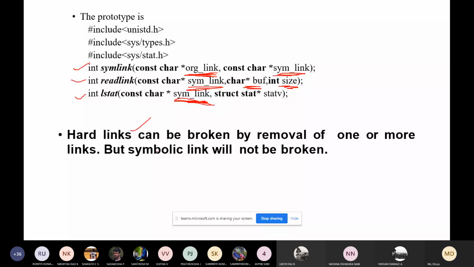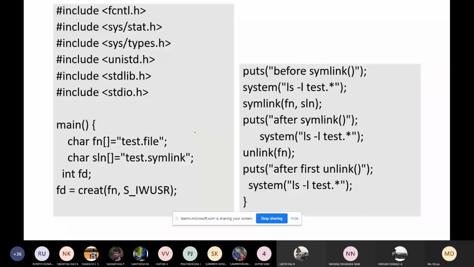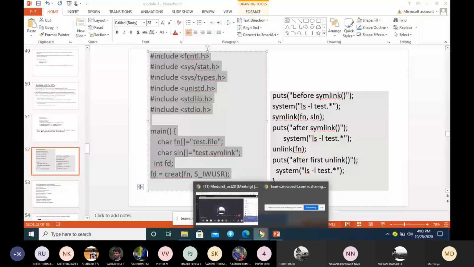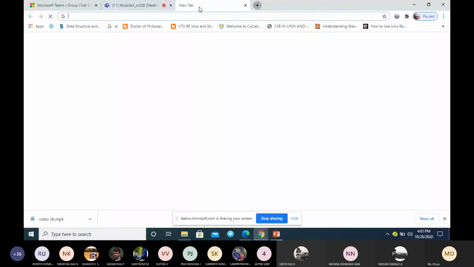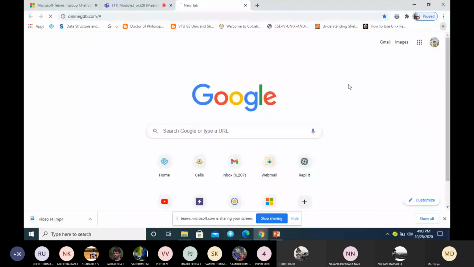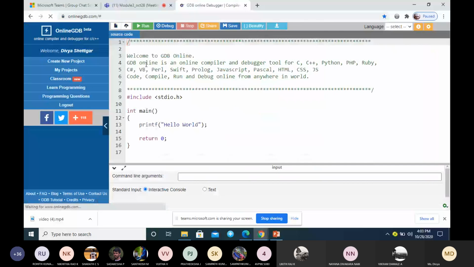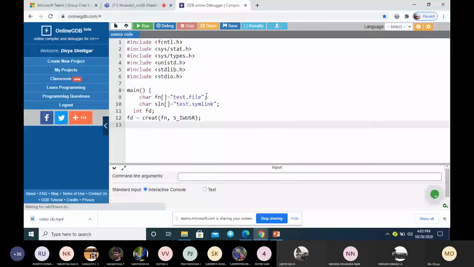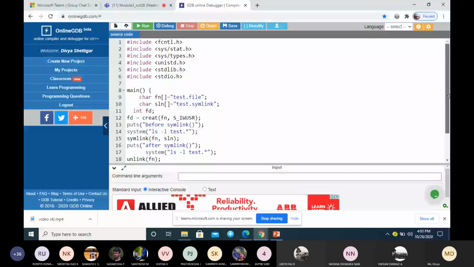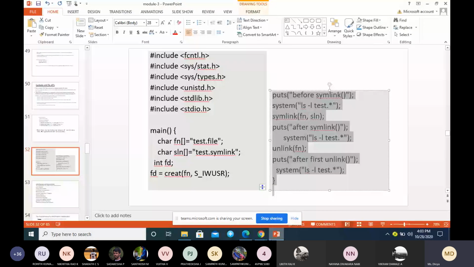So we have an example. In the textbook you have some different examples, and in the PPT you have some similar examples, but simple examples you have here.